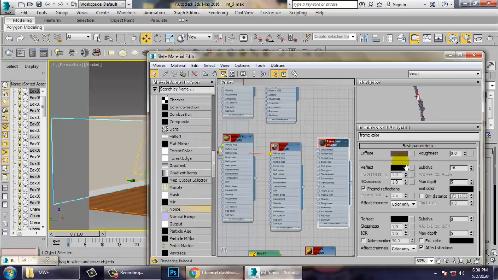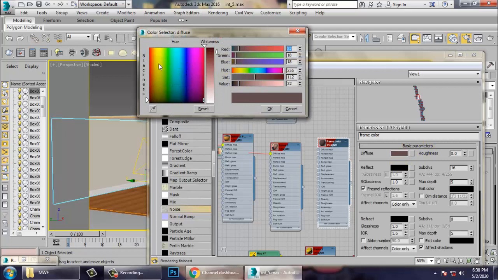Okay, for the frame we'll be just giving a darker color. We can switch back to a bit of dark brown and increase a bit of reflection.